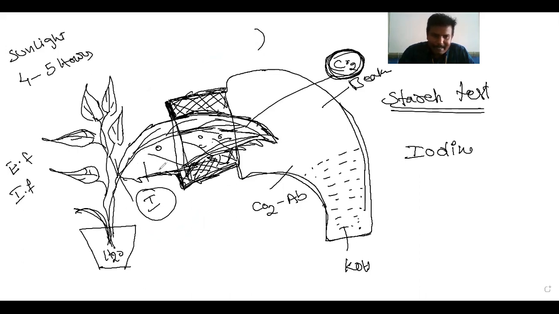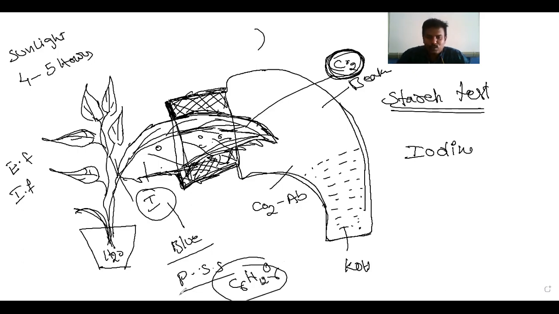This green part gradually turns blue. This indicates that in this region it performed photosynthesis, because glucose is located there. The other part does not turn any color. The green part does not turn to any color, which indicates that in this place photosynthesis did not take place.